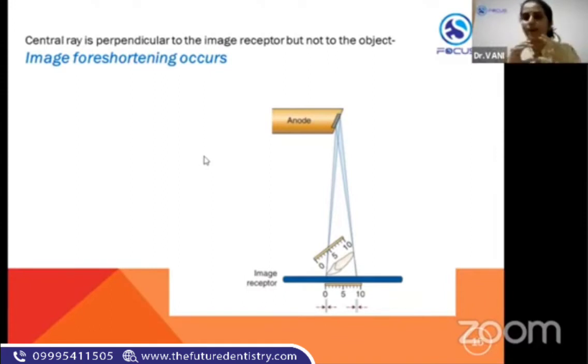So that is the drawback of the bisecting angle technique. Inherently, you are causing image size and shape distortion because you're placing the receptor as close to the tooth as possible. Fine. But since our arch is curved, the central ray that we are projecting cannot be made perpendicular to both the tooth and the receptor. That is not possible. So inherently, in the bisecting angle technique, you are creating an image size or shape distortion, but we are trying to keep it to a minimum by following all those specified angulations.